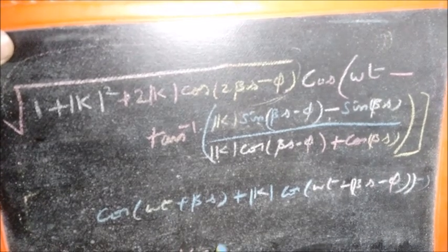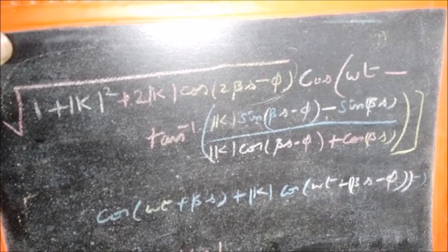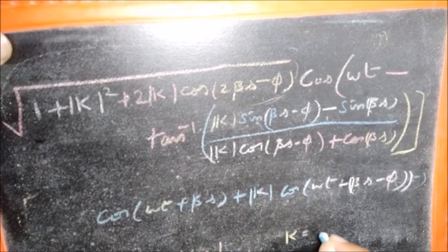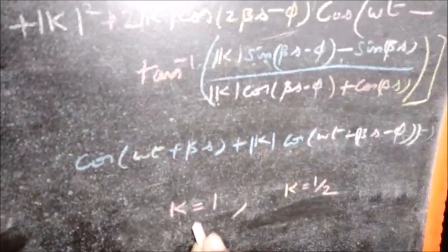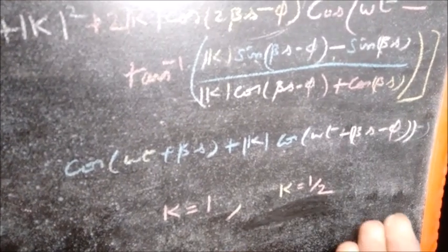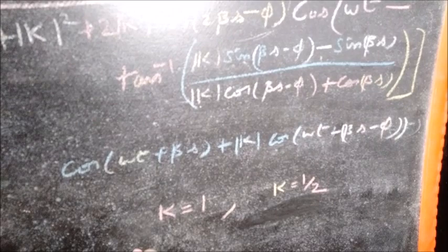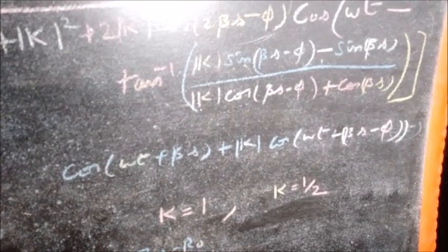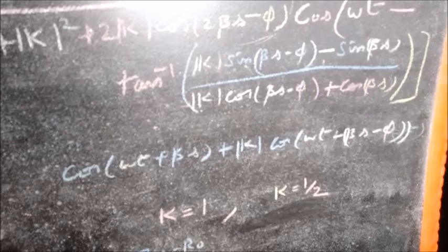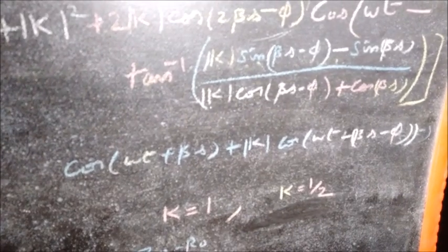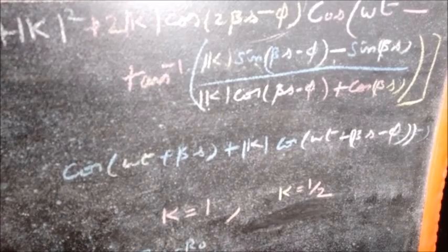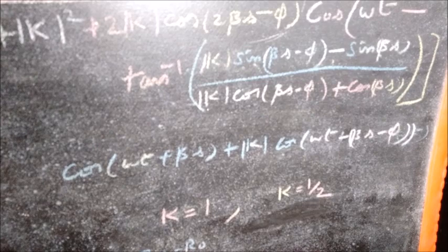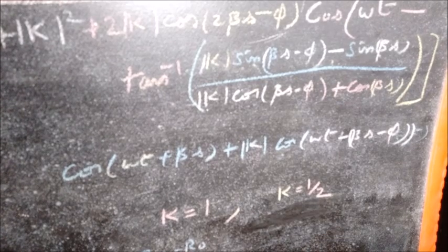I have plotted for k is equal to 1, no phase, and for k is equal to 1 by 2. Remember, k is equal to 1 means that it is either an open circuit or a short circuit, because we know that kr is zr minus r0 by zr plus r0. Zr is infinite means that is an open circuit, k becomes 1. If zr is 0, a short circuit, k becomes minus 1. Of course, magnitude of k becomes 1, and phase is minus pi. So that is for the value of k is equal to 1.